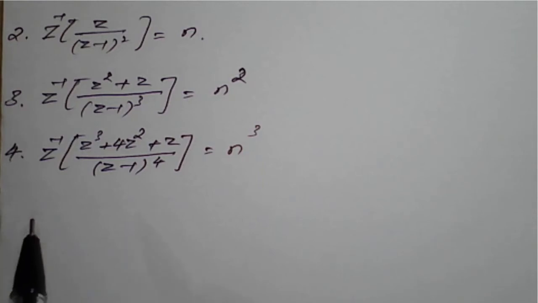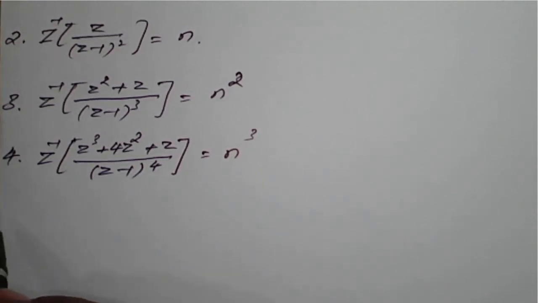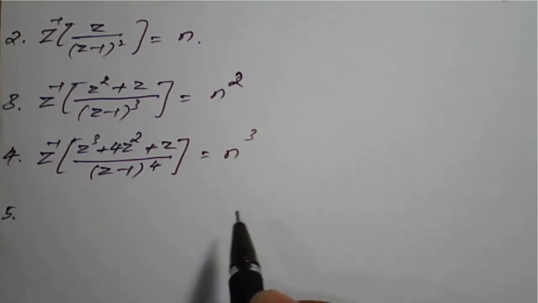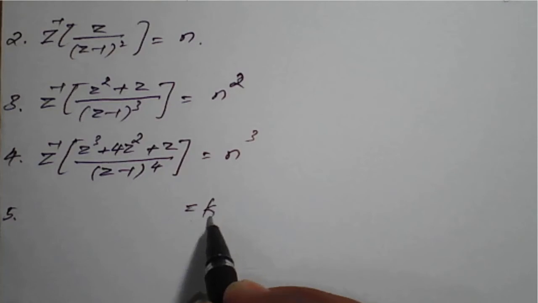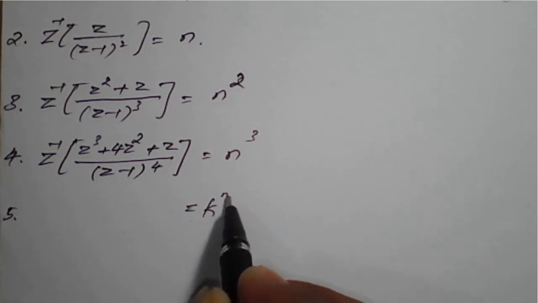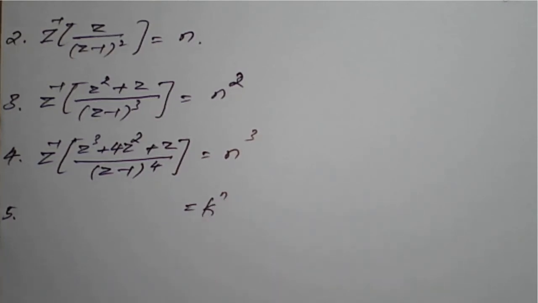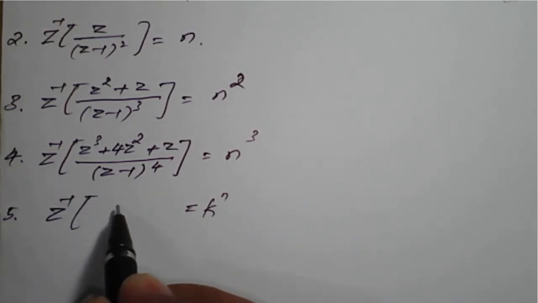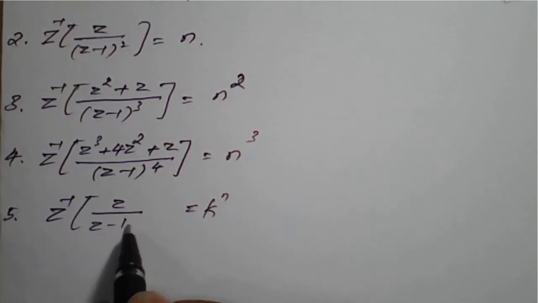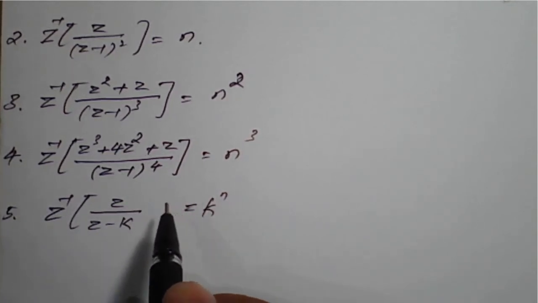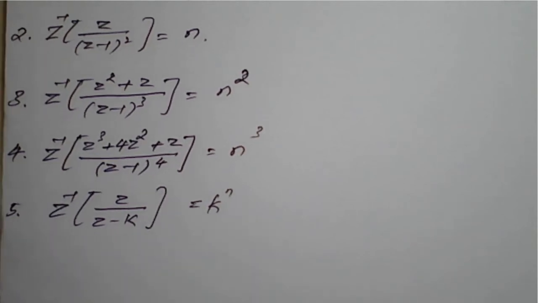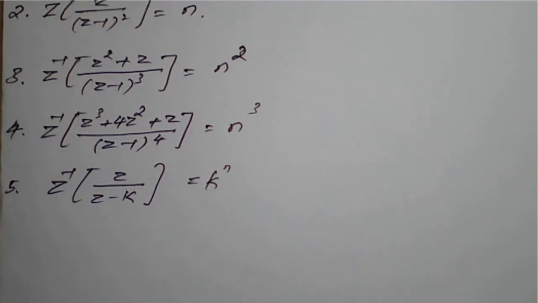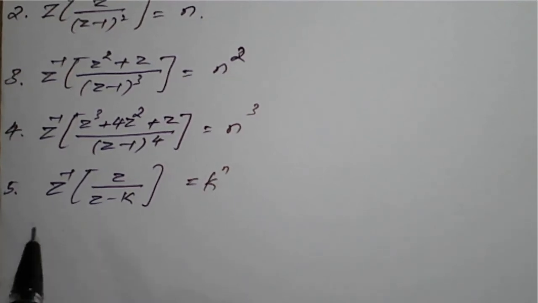Next, already we have seen repeatedly, that is the fifth one. What is Z transform of k raised to n? We have seen Z transform of k raised to n is Z divided by Z minus k. So now Z inverse of Z divided by Z minus k will become k raised to n. It is just the reverse of our Z transform, which is inverse Z transform. Similarly,